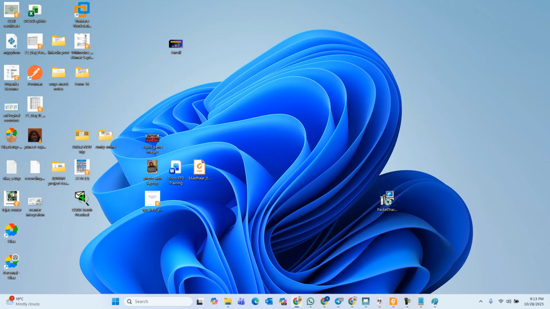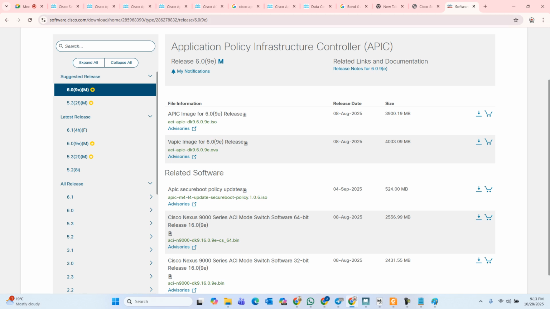Now when we talk about a Cisco APIC cluster, guys, it can be deployed as a standalone appliance or it can be deployed as a cluster of APICs. Now who decides this? You decide this. Right now, guys, I'm not going to focus on this, okay? I'm just telling you here